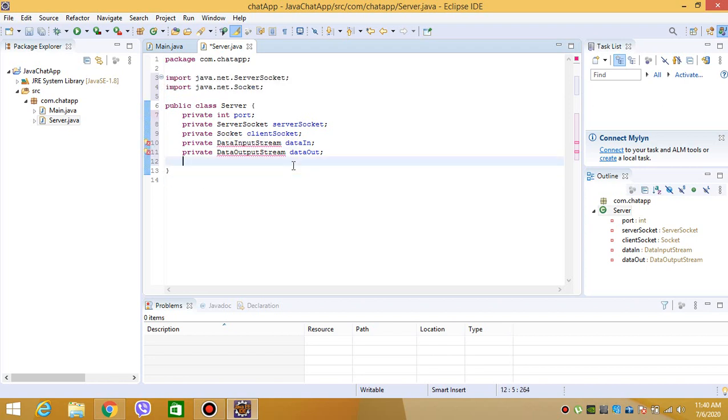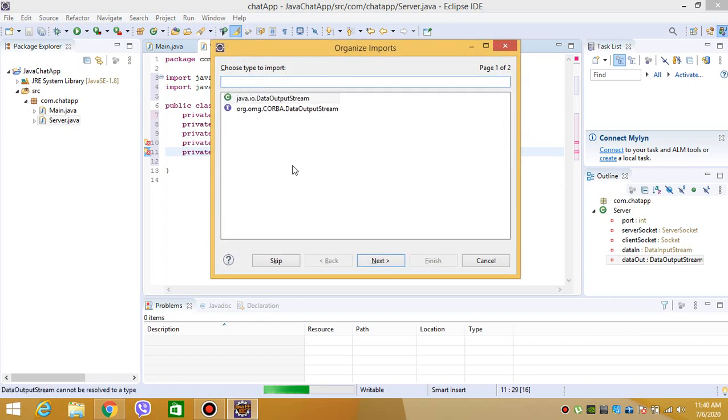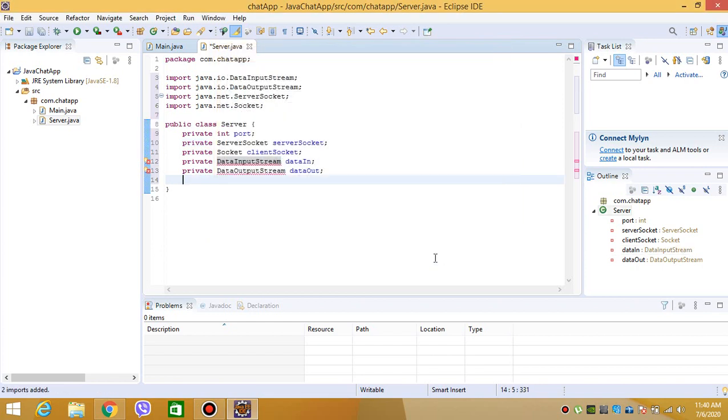Again, let's press Ctrl Shift O and choose java.io.DataOutputStream for importing DataOutputStream, and java.io.DataInputStream for importing DataInputStream. Now our problem is solved, and let's create a